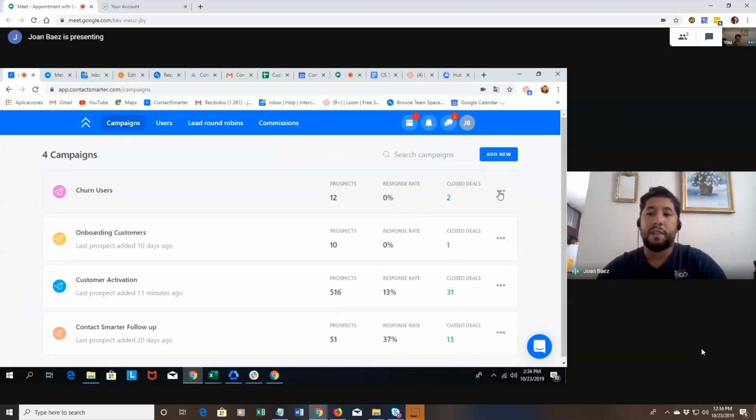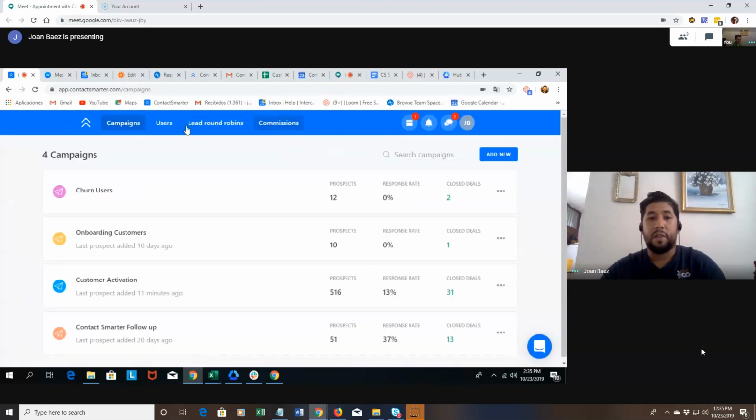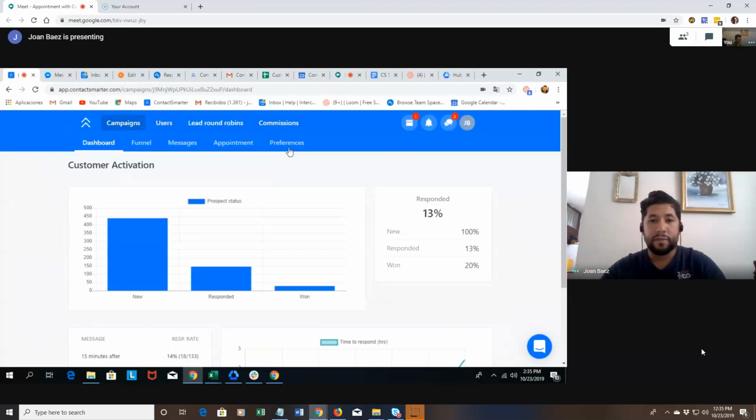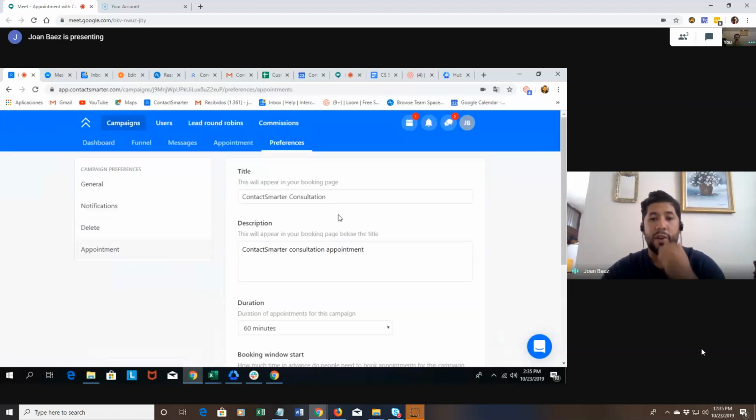Also, there's a way for you to share your booking link, which is this one. Click on it, and you will share this link so that people can book an appointment with you, and they all will automatically be added as leads in your campaign. Now, you go to the campaign, and in the appointment section, in here is where you will have the booking